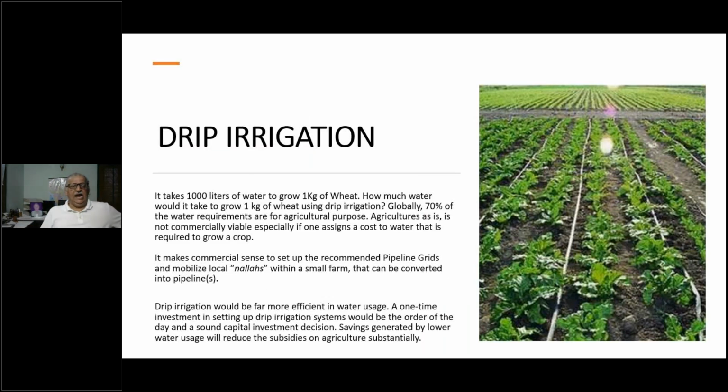Now, it takes 1,000 liters of water to grow 1 kg of wheat. How much water would it take to grow 1 kg of wheat using drip irrigation? Globally, 70% of the water requirements are for agricultural purposes. Agriculture is not commercially viable, especially if you assign a cost to the water that is required to grow a